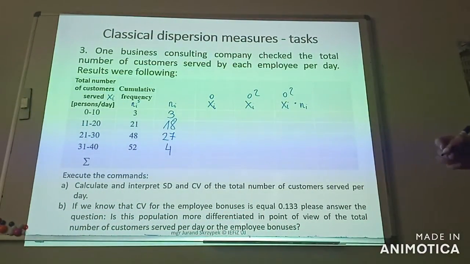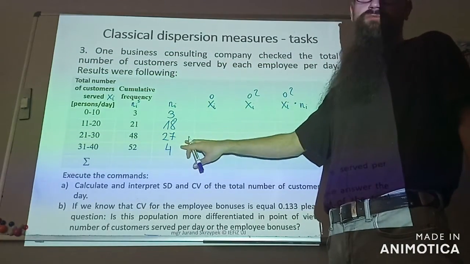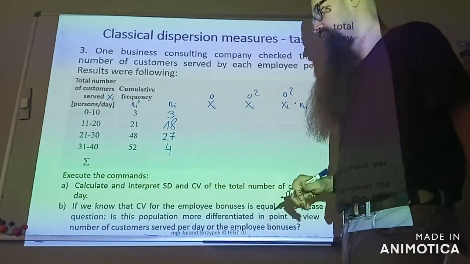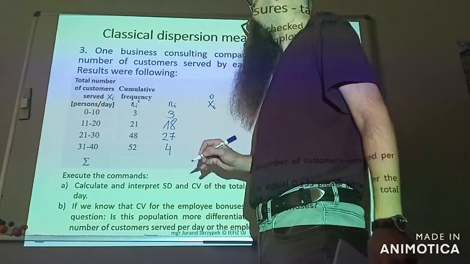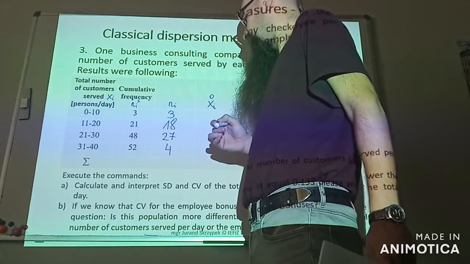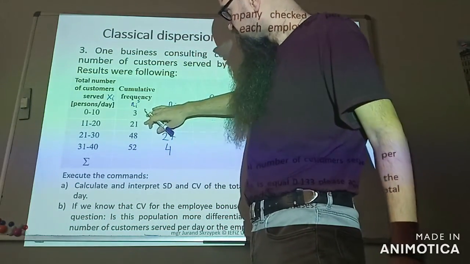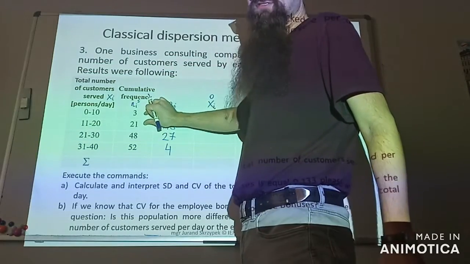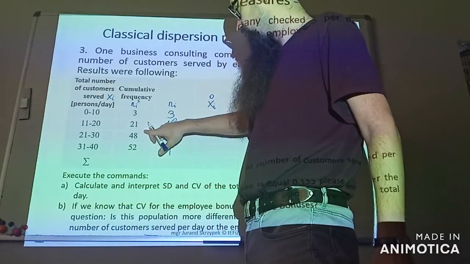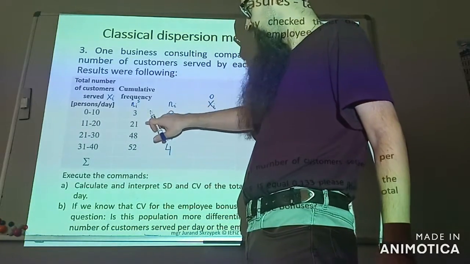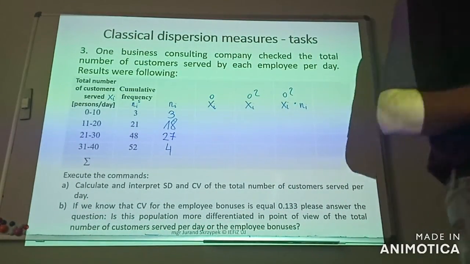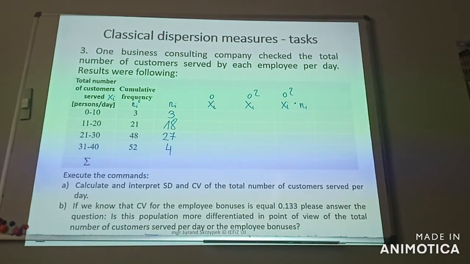Yeah, and I have decumulated the column of cumulative frequency. So next values of the frequency are the increase or the difference between the next two cumulative frequencies. Okay,